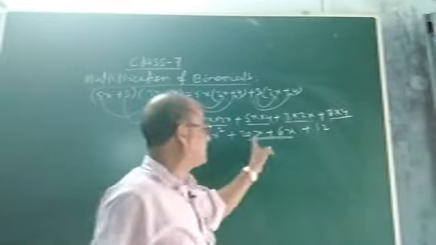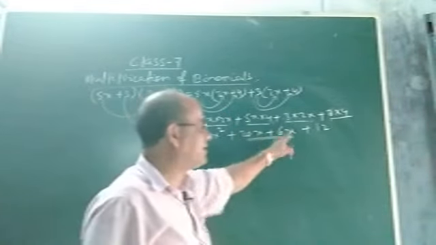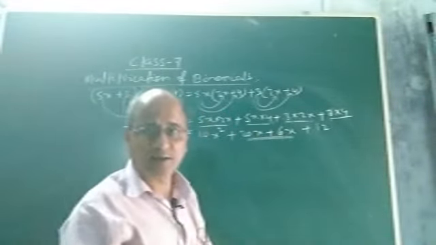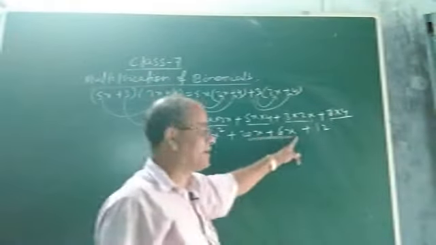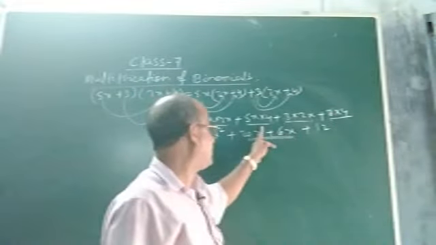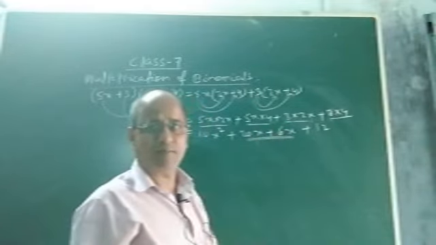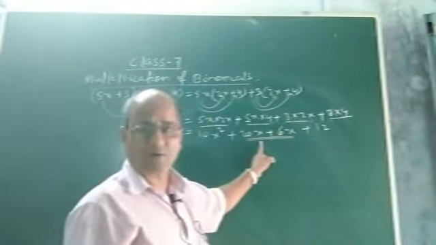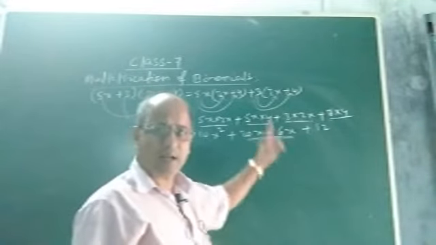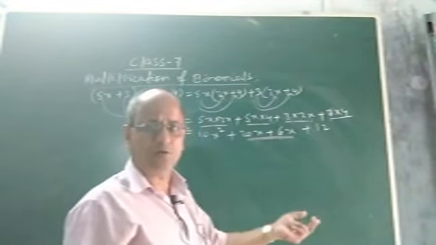These two terms, 20x and 6x, what are they? They are clearly like terms. Why? Because they contain the same variable, that is x, and their power is also the same, 1 and 1. So no doubt they are like terms. And as they are like terms, we have to add them, because I have told you in any